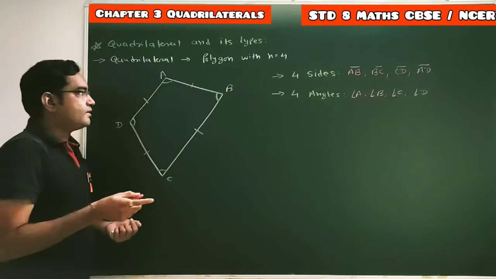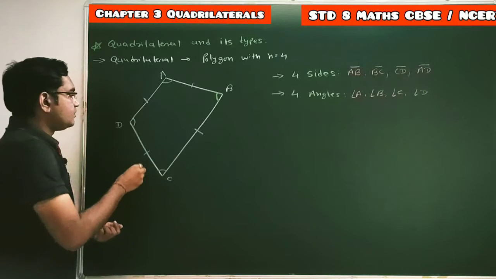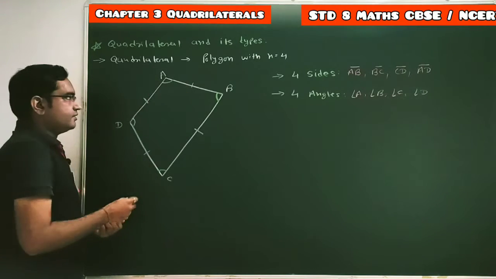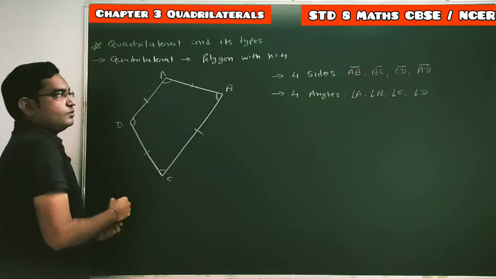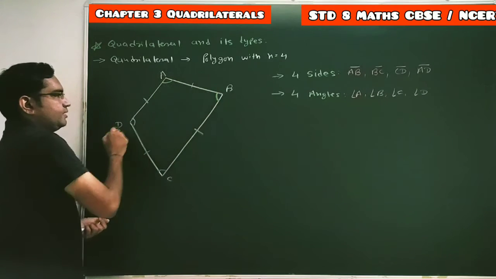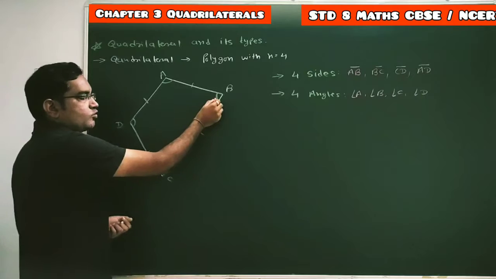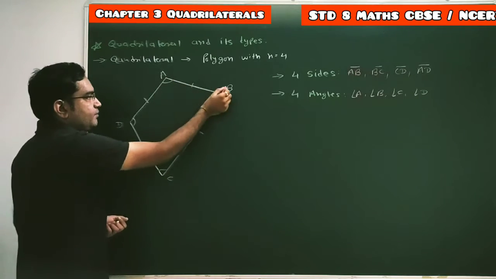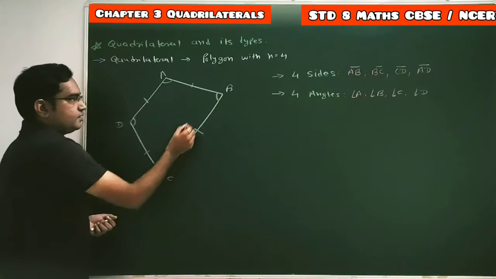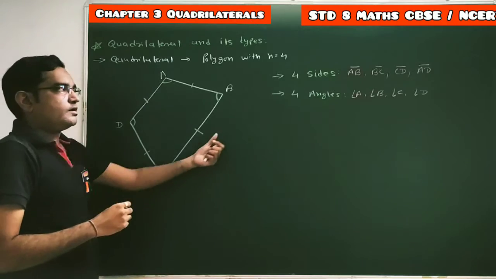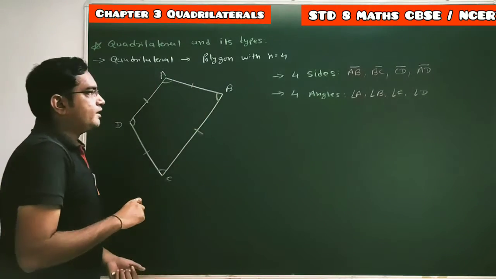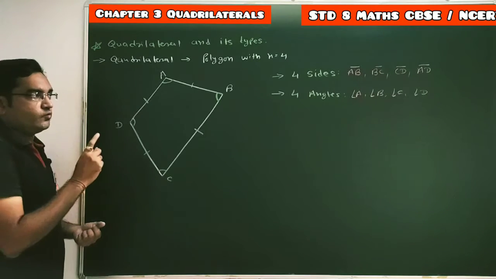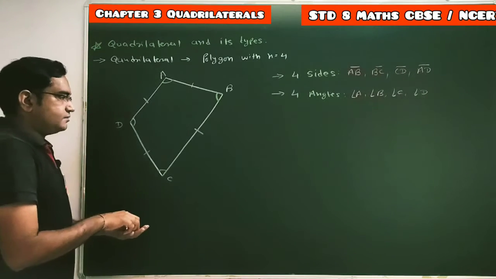We can also represent these angles by using the 3 letter notation. That means angle A can be represented as angle DAB or angle BAD. Angle B can also be represented by angle ABC or angle CBA. But here we are considering the notation with only 1 letter. So in any quadrilateral, total 4 sides are there, 4 angles are there, and